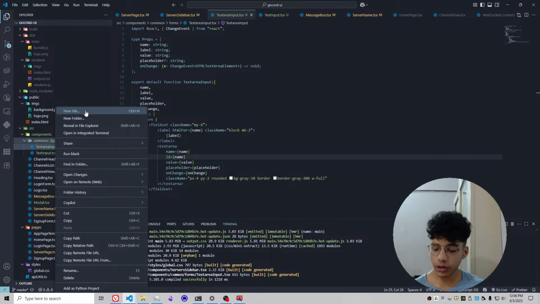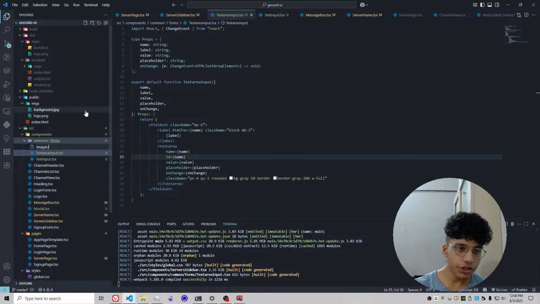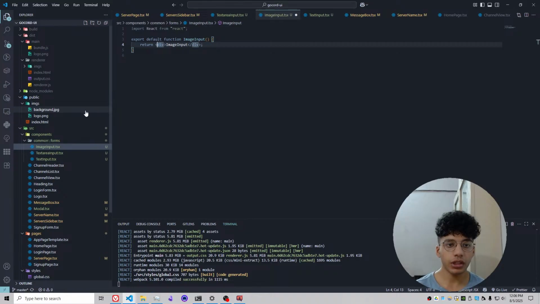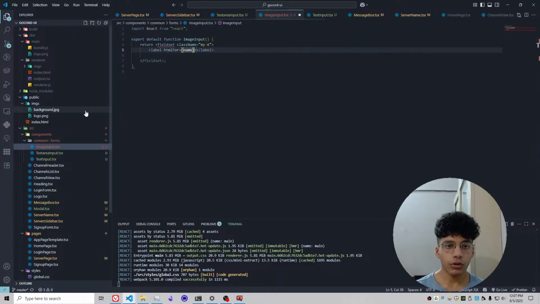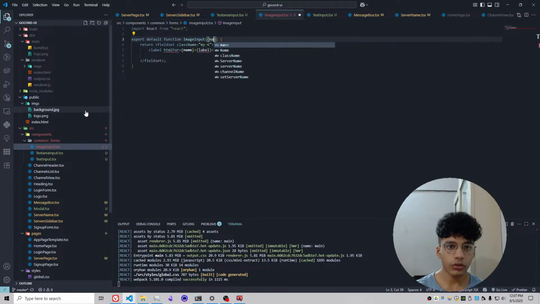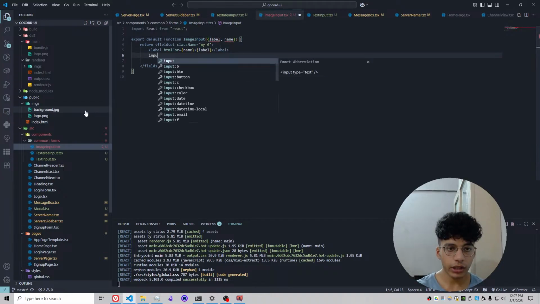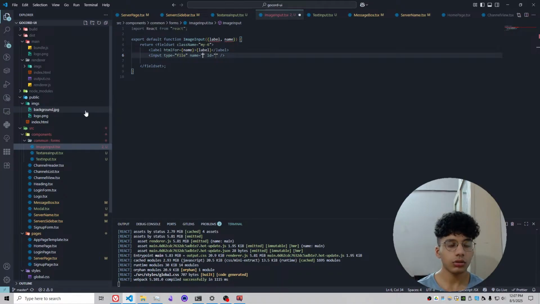So I guess what I should do now is create an image input component, and this will just be like another field set, and I guess I can have the same properties as well. MY6, that's all right. Okay, a label which will be for the field. The label comes over here. We want to have a label over here and a name. Then we need an input type file, which,